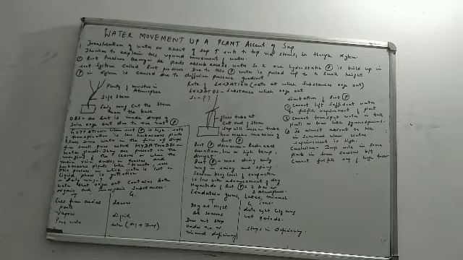E-X-U-D-A-T-I-O-N. Is it okay for everybody? What is this called? Exudation. Now what will be the rate of exudation? What will be the speed of exudation? Or what will be the speed by which that solution will ooze out from the cut? That is what we call the rate of exudation. Rate of exudation means the rate at which substances or the solution will ooze out.